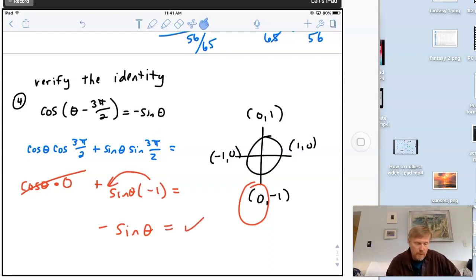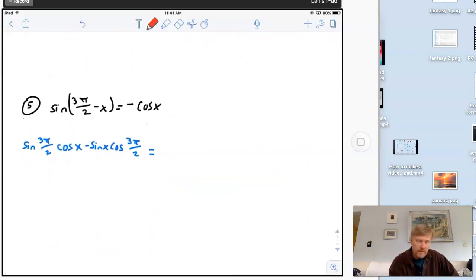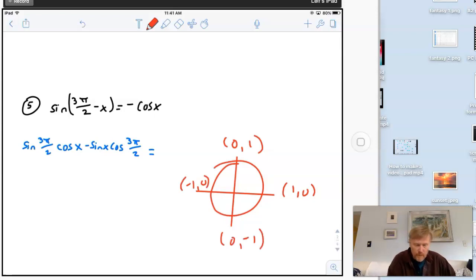Okay. Number 5. Same type of problem, except it's got the sine of 3 pi over 2 minus x. So if I break this one down, do my quick unit circle again. This is 1, 0, 0, 1. The unit circle, -1, 0, and 0, -1. All right, so sine of 3 pi over 2, that's the y coordinate of 270, which is -1,